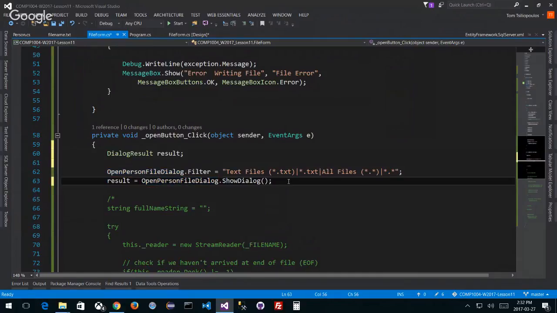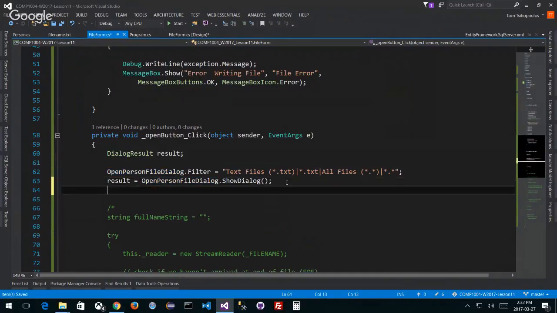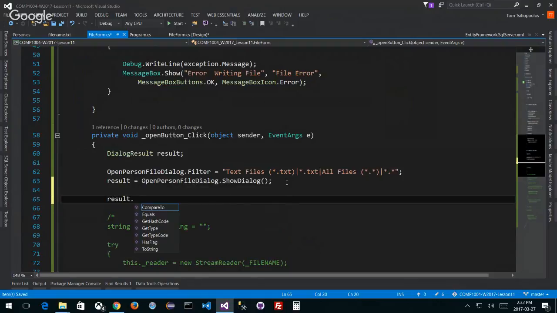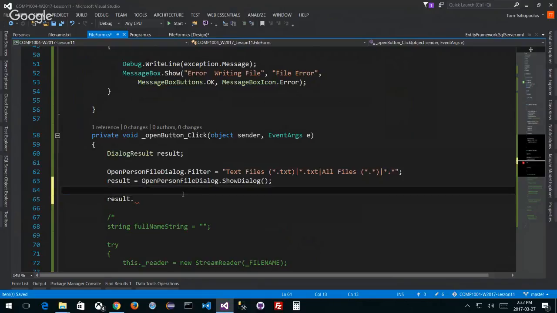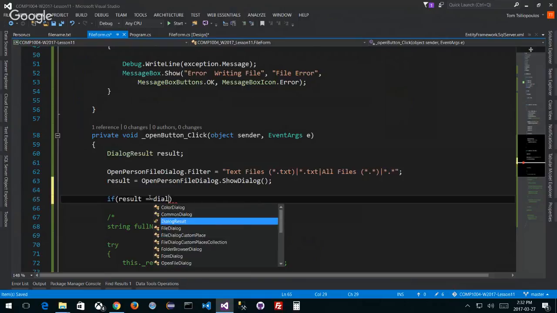Right? And now, what can we do with the results? If I go result dot, compared to has or whatever, right? Those are things we can do. We can check for the results, right? And we would do something like this. If result is equal to dialog results